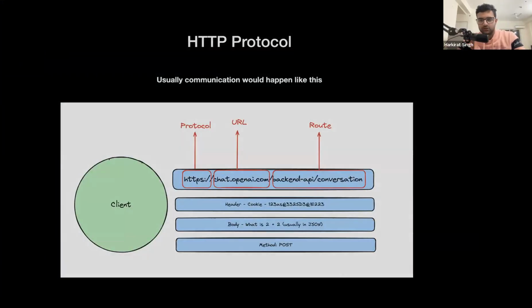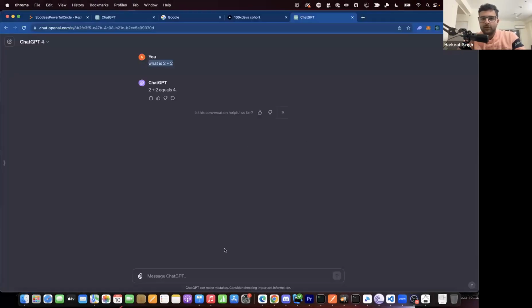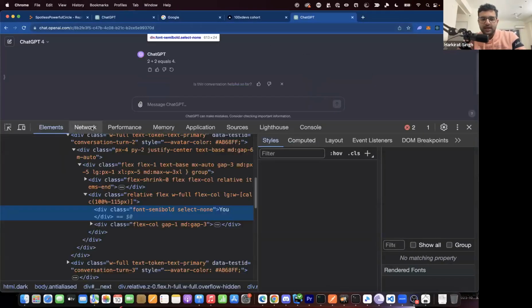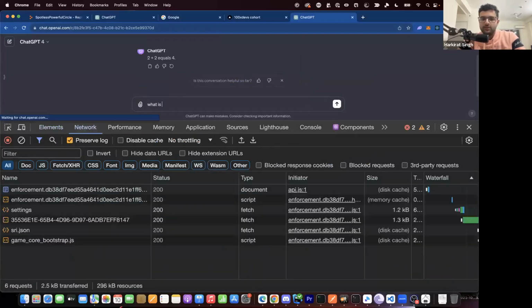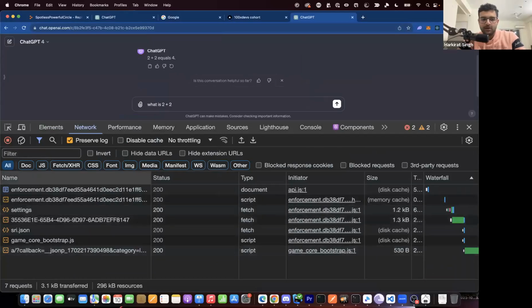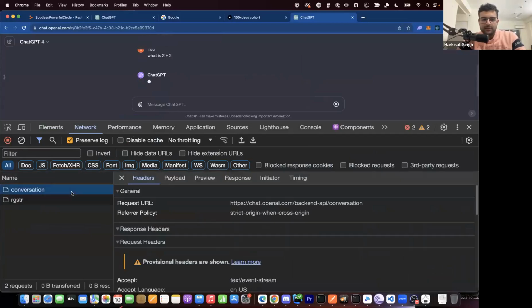Harkirat, can you show me? Sure. If you actually want to see a request going out from your browser to your backend, you can go to chat.openai.com here. As long as you are inside Chrome, right click and click on inspect and you will see a network tab. This network tab shows you all your network requests. And if I ask, what is 2 plus 2? Ignore all the requests that came right now. In fact, feel free to reject them. As soon as I click enter, you see a request goes out,